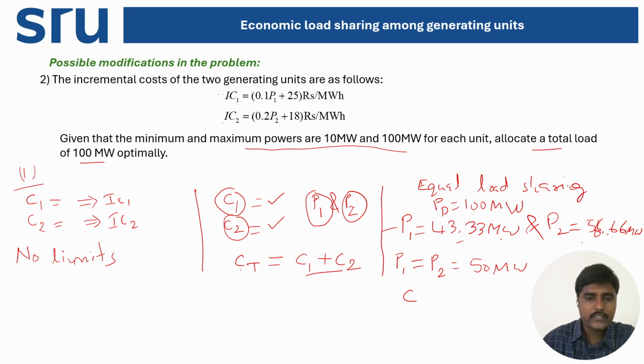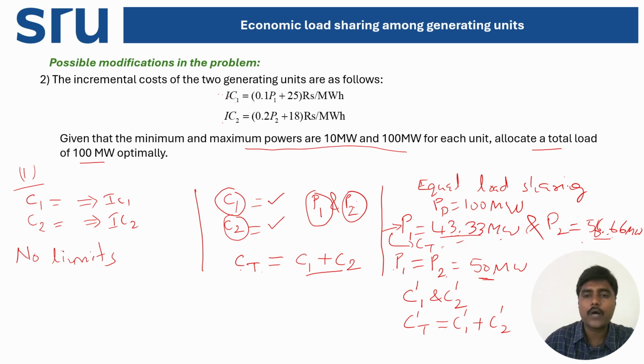So first, for case 1, for the optimum values, you have to find the total cost of generation. And then by using the equal load values, that means by considering P1 and P2 equal to 50 megawatt, you calculate C1 and C2. Maybe you can take these as C1 dash and C2 dash. Then you can determine the total cost of generation, CT dash is equal to C1 dash plus C2 dash. So once you have the CT value, where CT corresponds to the total cost of generation for optimum allocation,